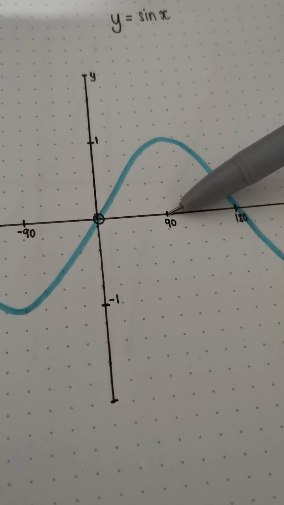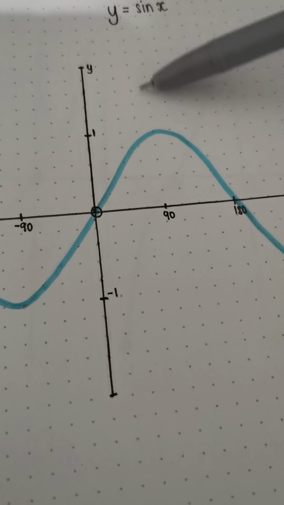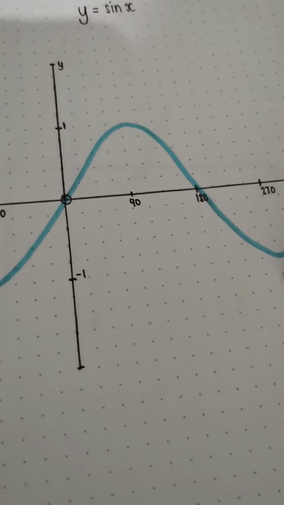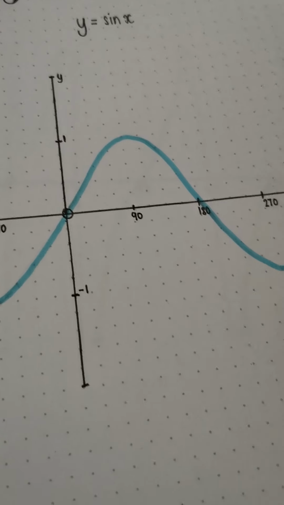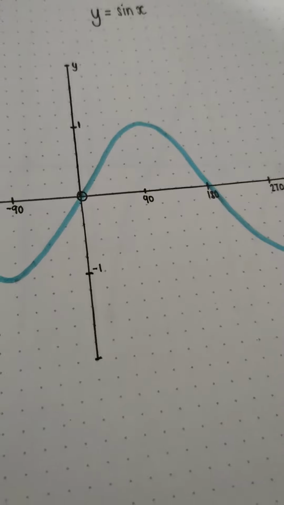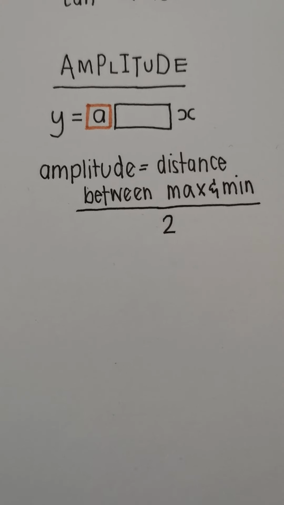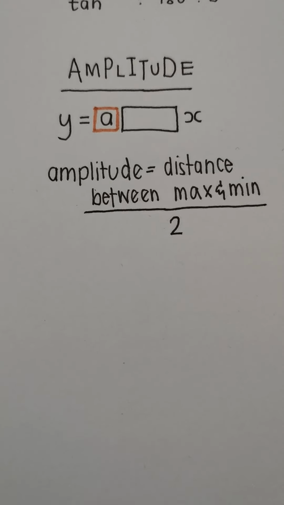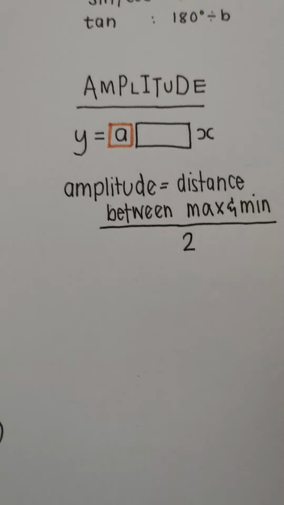It is going to turn at 90 degrees, but instead of being at 1, it's going to turn at 2 and at -2. That's what it means. It's sort of stretching our graph upwards and downwards. That's what it's doing. Okay, so I went ahead and summarized everything that I basically said here about amplitude and